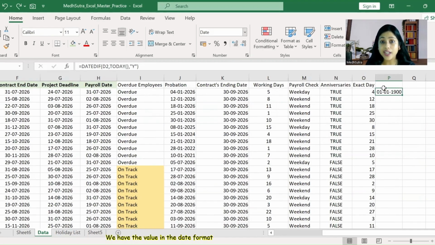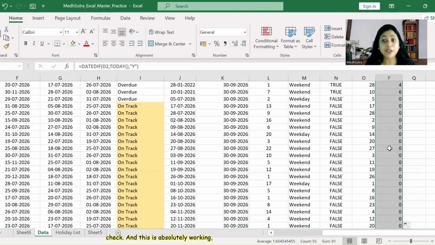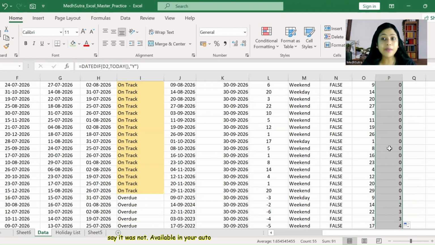We have the value in the date format because it is selected. I'm coming to General and I have the value. So let's check, and this is absolutely working. See, it was not available in your autocomplete section, and we wouldn't even know about this particular function if it existed, which can make our life this much easier. It has given me the exact number of years for which this particular person is working for this organization,